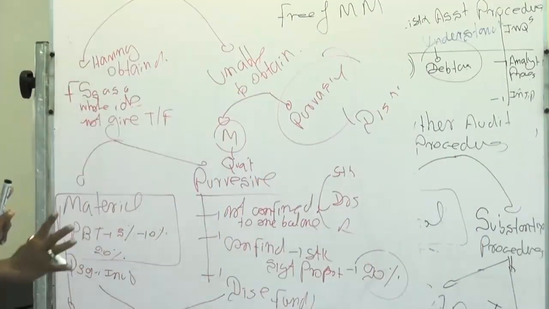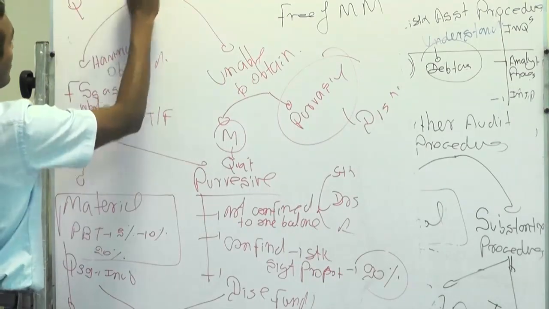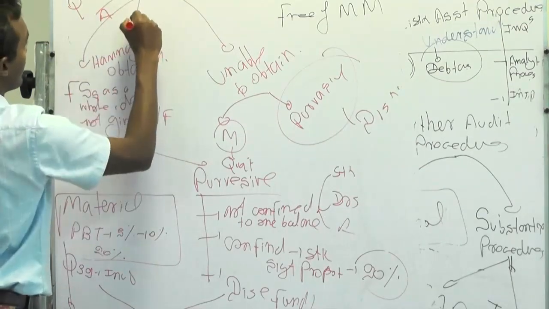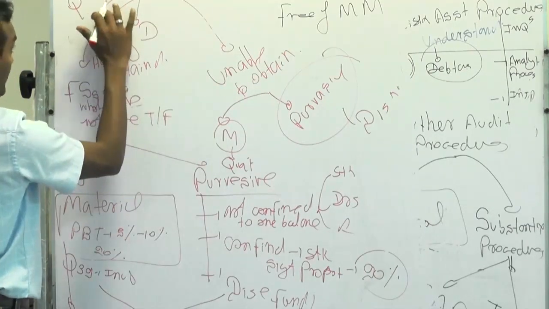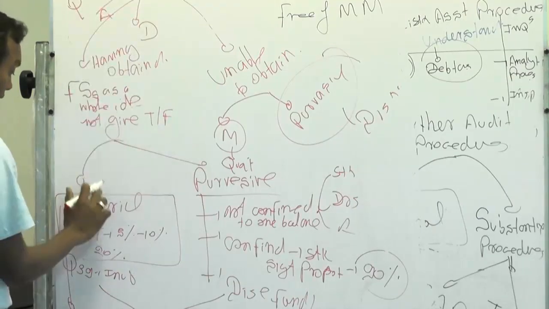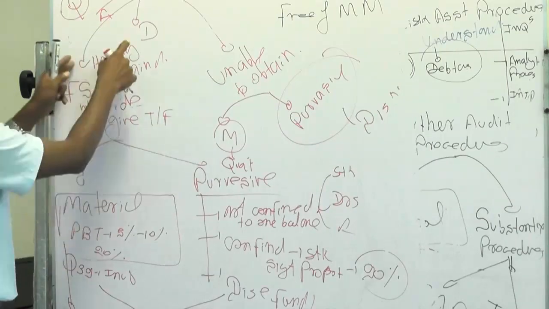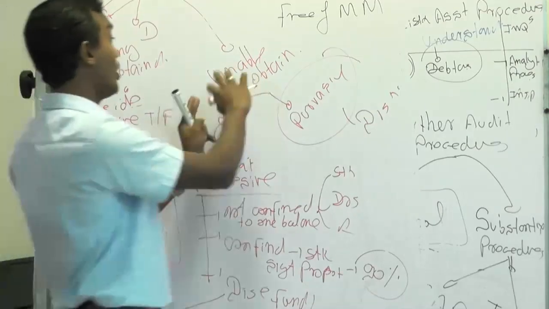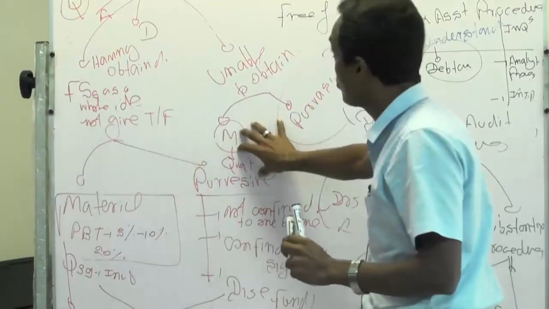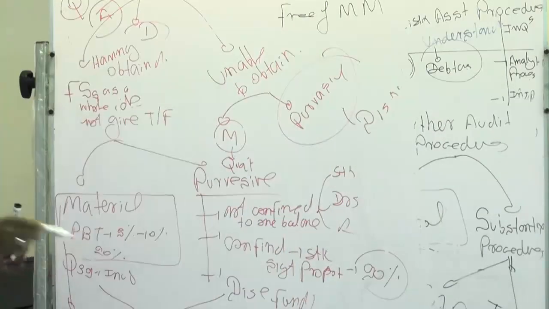Now, here I have explained to you 3 types of modification. One is qualified, the other one is adverse, the next one is disclaimer. Disclaimer means we do not express an opinion; adverse means there is a misstatement which is material and pervasive. Qualification can come from having obtained evidence and there is a problem that is material but not pervasive, or you are unable to obtain evidence about a balance which is material. These are the 3; there is no fourth answer: qualified, adverse, disclaimer, right, that is all.